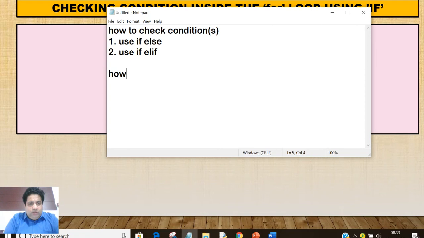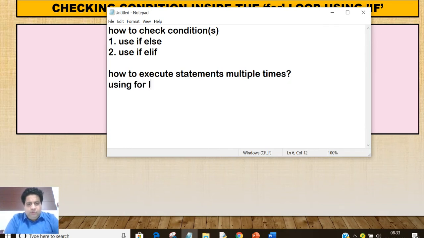And then you have also studied how to execute statements multiple times. The answer is using for loop. Now these two things we have studied differently.